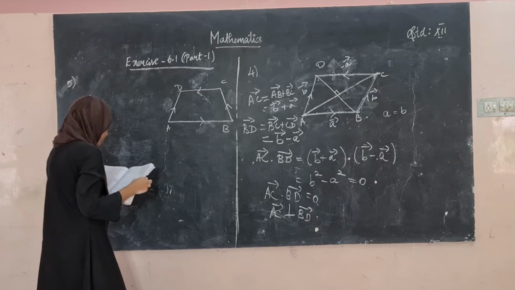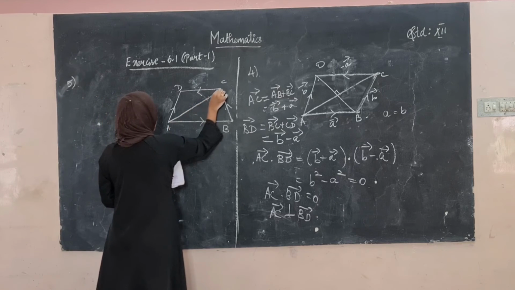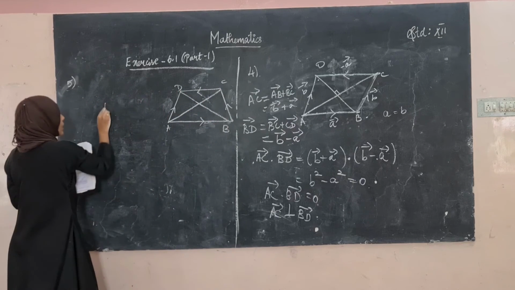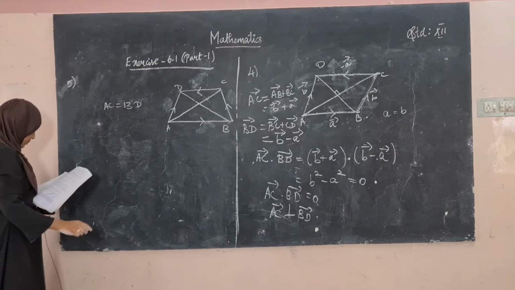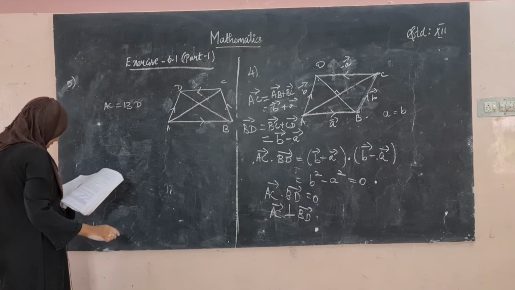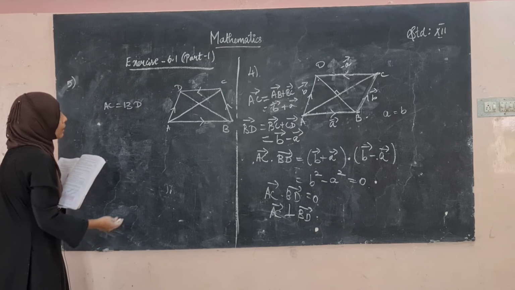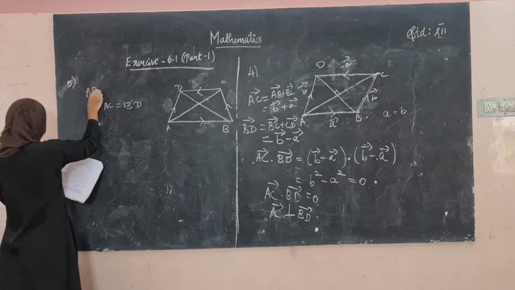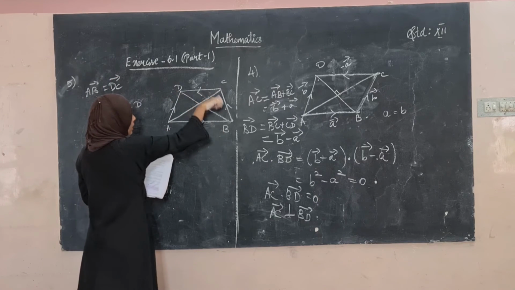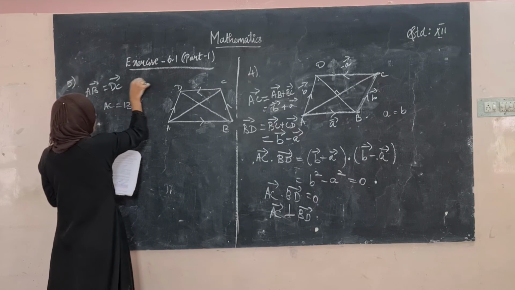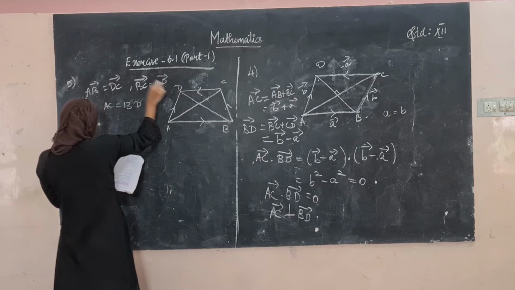So what they have asked us to do is, using vector, prove that if the diagonals of a parallelogram are equal, then it is a rectangle. So, these are the diagonals, right? You have to take the condition as AC is equal to BD. Then, we know that for the parallelogram, AB vector is equal to DC vector, and for the parallelogram opposite sides are the same, BC vector is equal to AD vector.